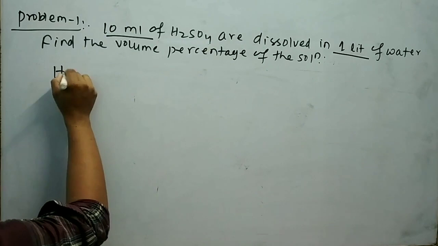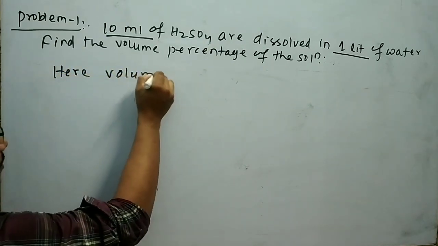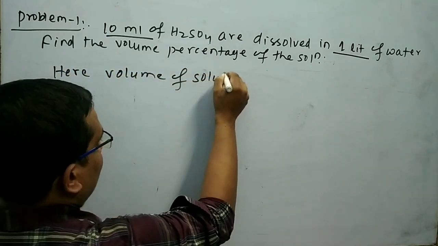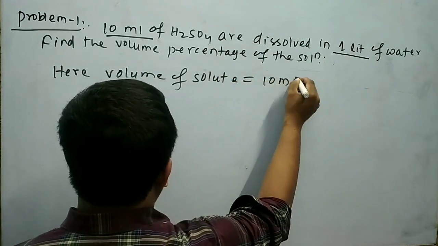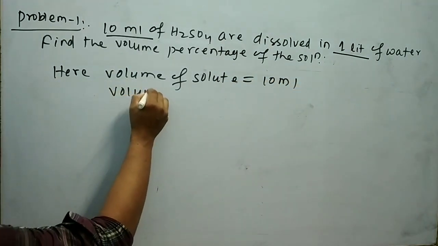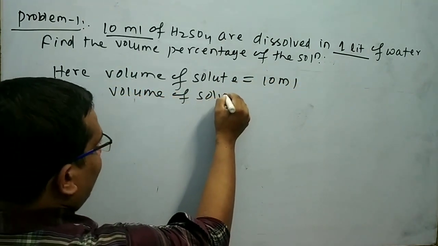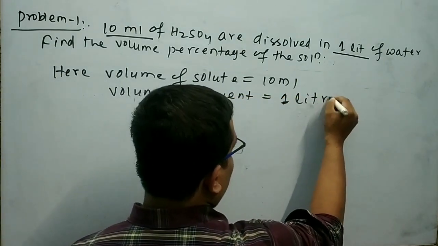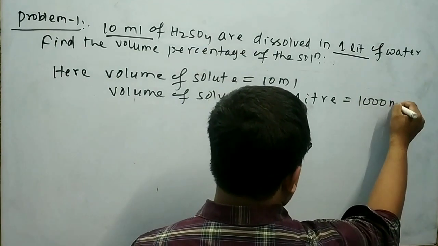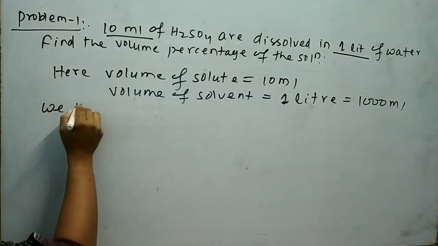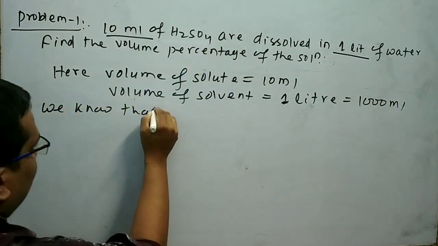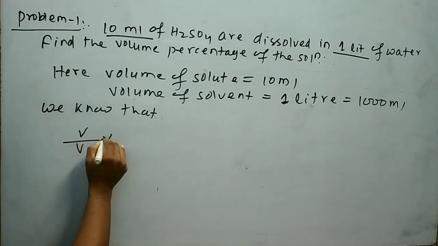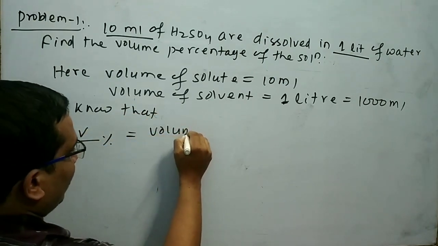So I can write volume of solute equal to 10 ml, volume of solvent equal to 1 liter equal to 1000 ml. We know that V by V percentage equal to volume of